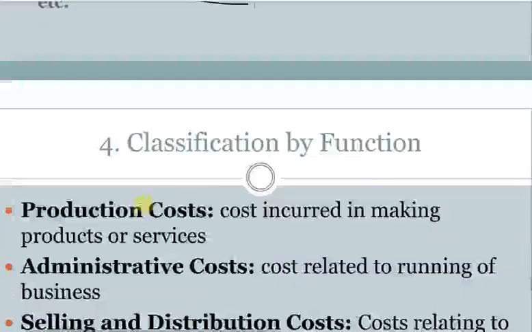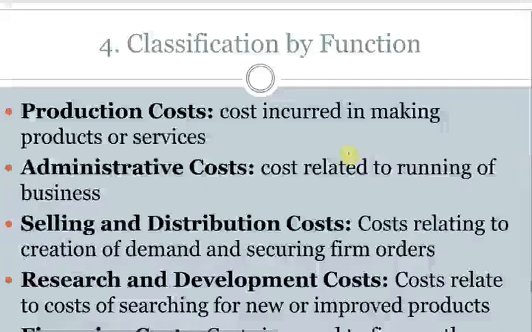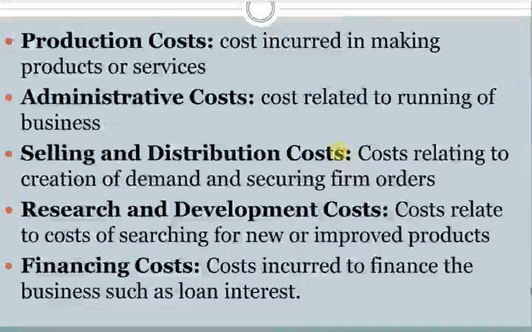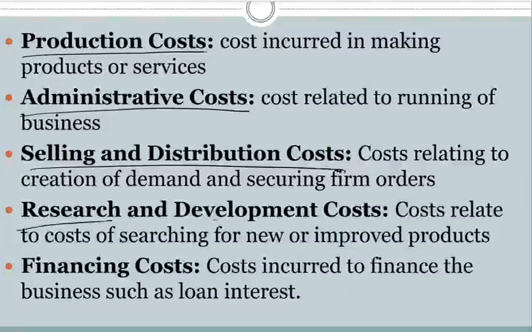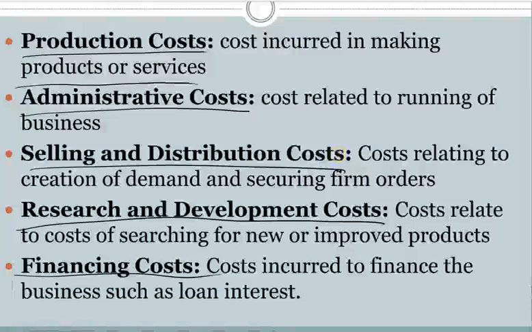So let us continue with classification by function. We can have different functions. We have product cost, administrative cost, selling and distribution cost, research and development cost, and financing cost. The names themselves actually explain the meanings. For example, product cost is cost incurred in making the product or services. Administrative cost